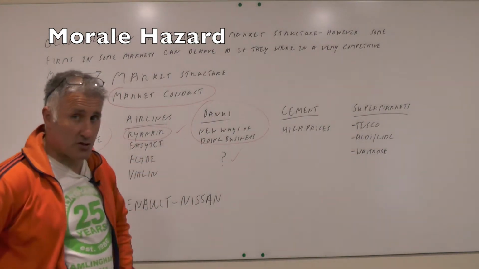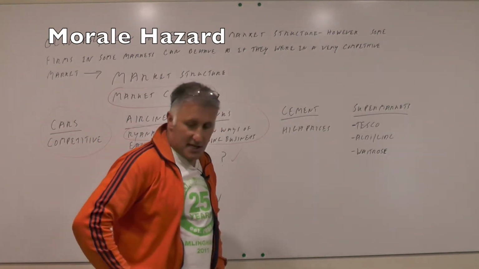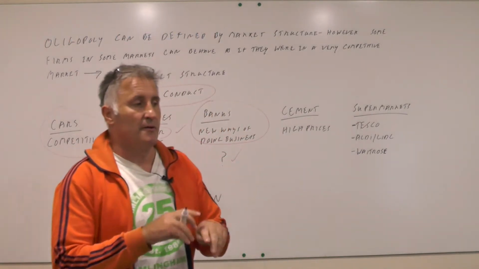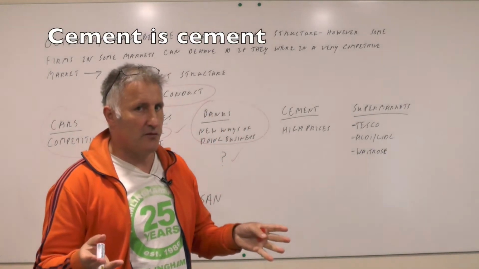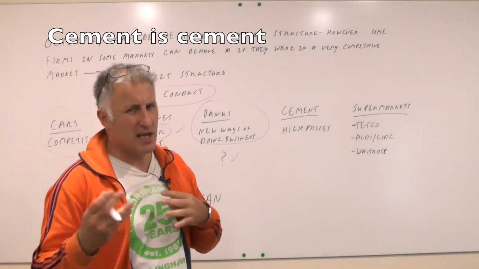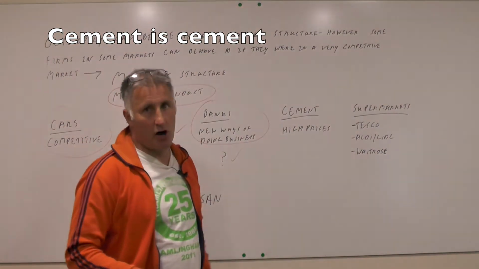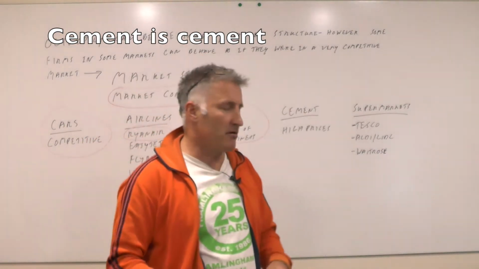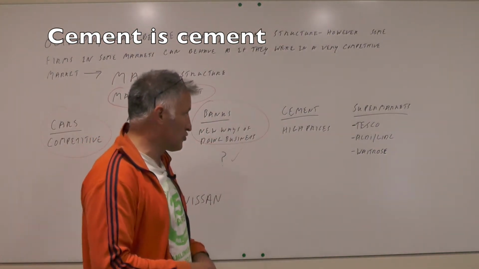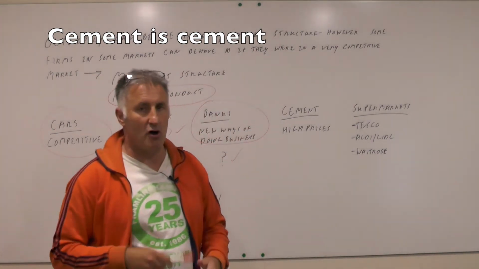I'm going to use the example of supermarkets over there. Cement. Well, cement is an industry which has broken the law in the past because there are only a few firms. Cement is cement after all. It's maybe difficult to innovate in that particular market, but they're faced with an inelastic demand, so therefore they've been charging high prices, and hopefully they think that they can get away with it, although they were caught. I would say the supermarket industry right now is a pretty competitive market.